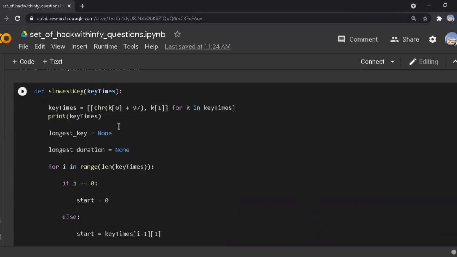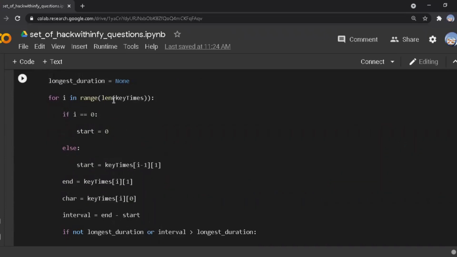So we first convert it and keep it in position 1. I'm printing key times after this conversion just to show what is happening. I'm setting longest key as None, and longest duration I consider as None.